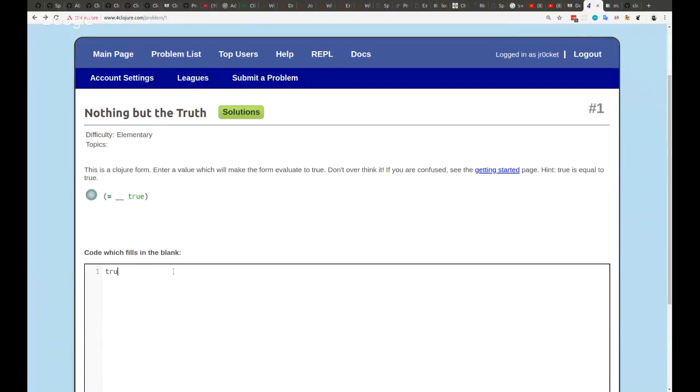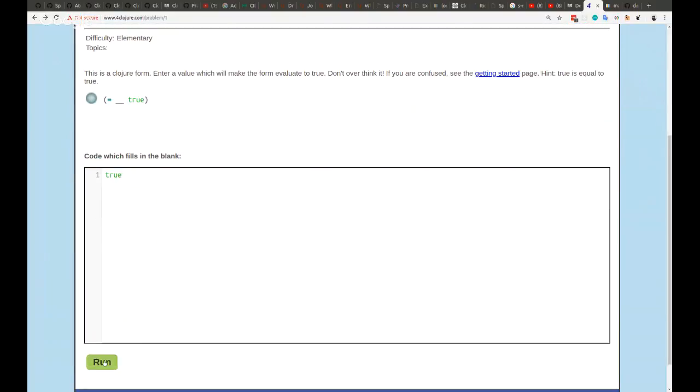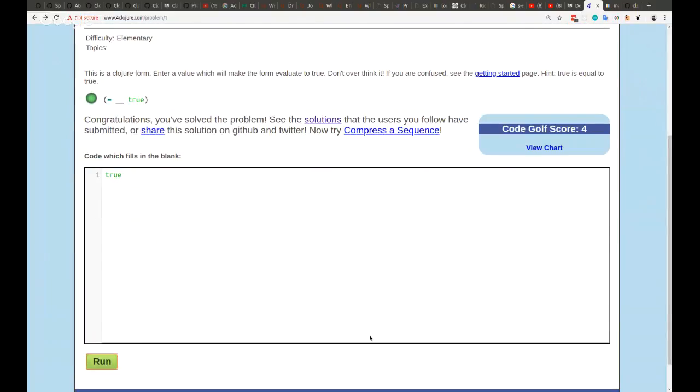I'm going to change that to true. So I kind of use that when I'm showing that to people. I use this example as a way to show you there's different ways to solve the problem. And